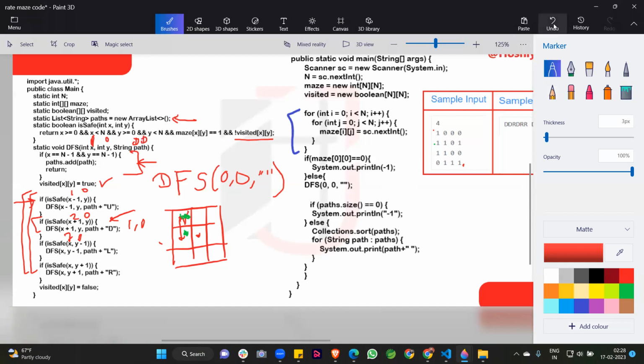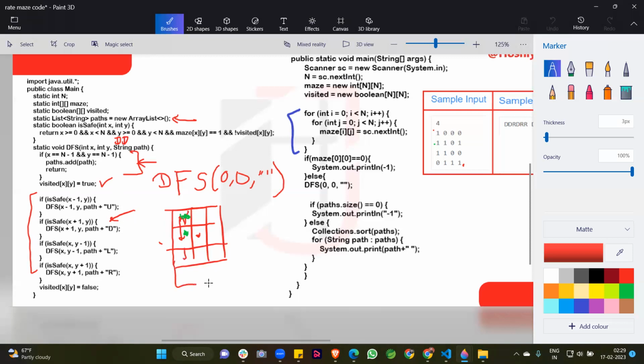So guys, I think you understand the approach of this code, what is happening in this code. If we were creating the whole video, 30-40 minutes would not be enough for creating it. So you can see here, after that there are two D's present because we are going down two times, D and D.